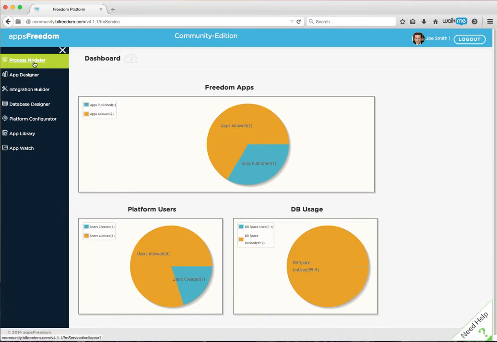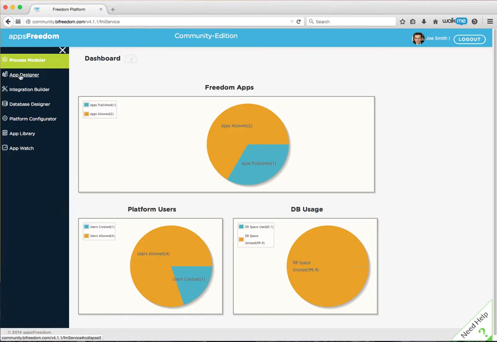The process modeler is where you would begin your app development process. You can put down your app logic for the app. It's more like a Visio style modeling tool where you will put down the app process and the platform will generate the app for you. It will generate a base framework of the app across all the different mobile platforms.